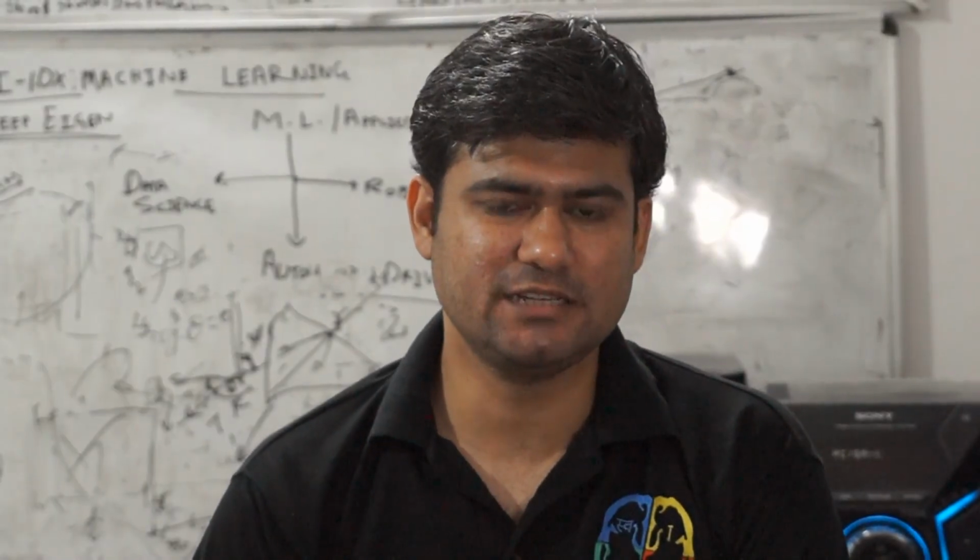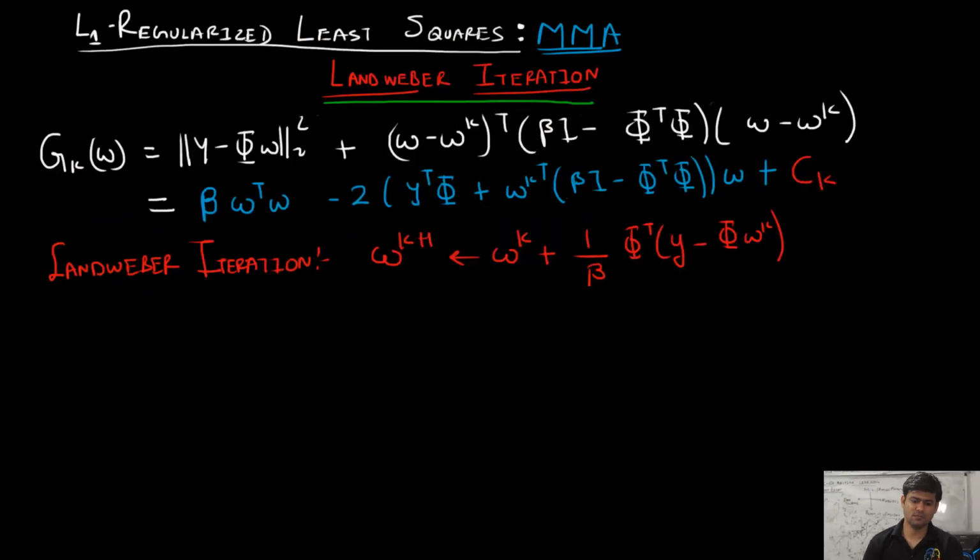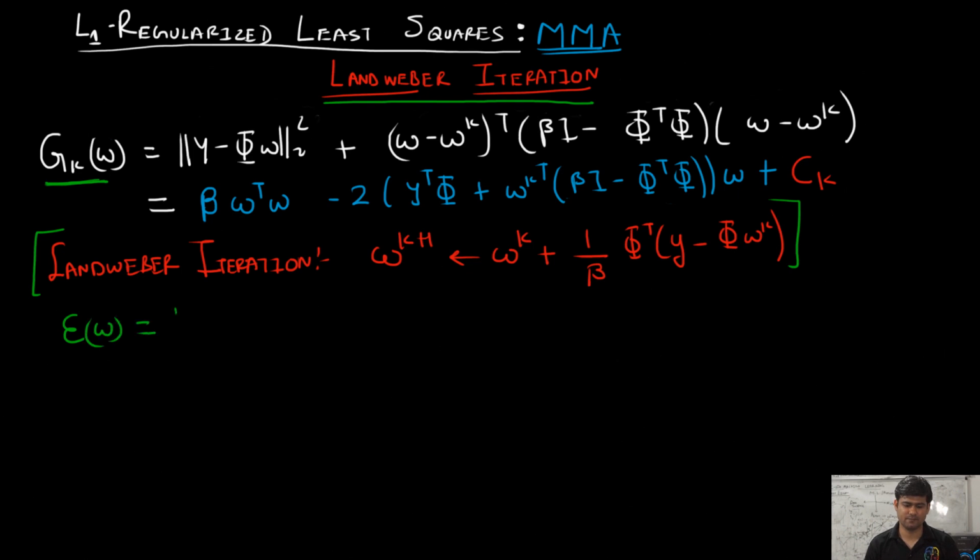So in the previous lecture, we discussed the solution for this function g_k, which is obtained by setting the gradient of this function with respect to w to 0, to obtain this solution known as a Landweber iteration. If we apply this update to the parameters w iteratively, then we are bound to minimize this loss function, and eventually we'll also minimize the loss function E(w), which was simply the norm of y minus phi times w, squared,